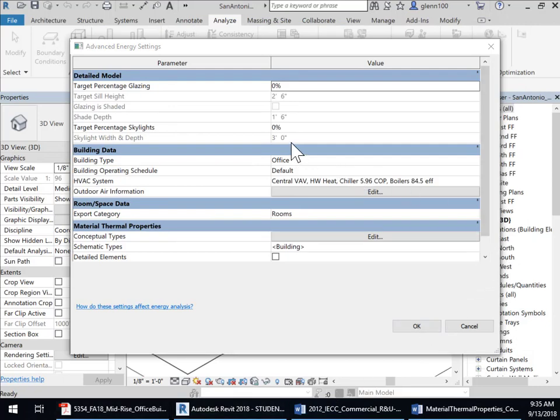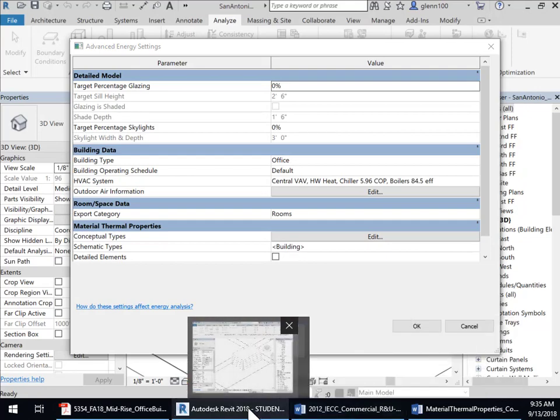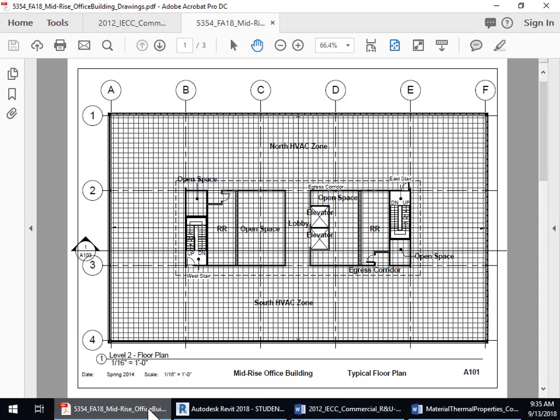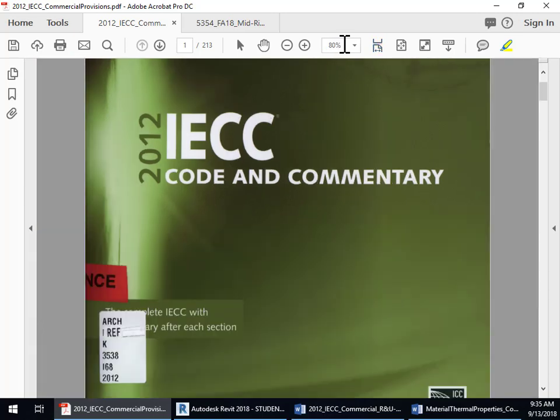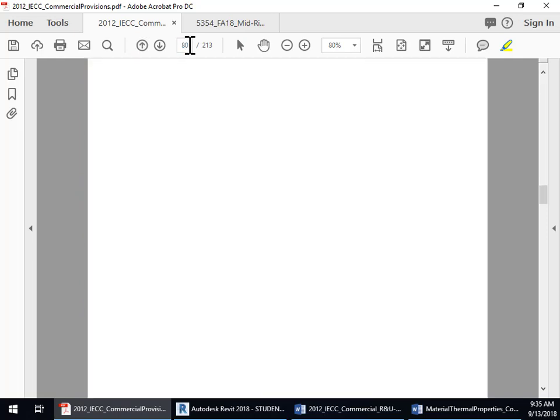The next thing we're going to change is the target percentage glazing. You'll notice this is set to 0% right here. And of course that means it's not going to put any glazing into the building at all, which would be ridiculous. But there also are certain limits, and I'm going to reference now the 2012 IECC code commentary. Okay, because if we look at page 80 of it,